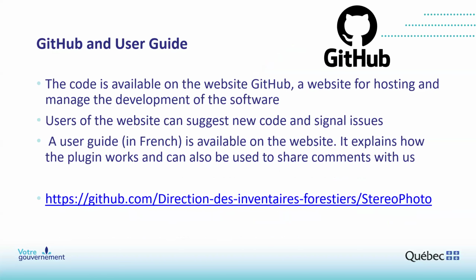Okay, and last thing, the code is available on GitHub, which is a website for hosting and managing software. So this makes the code available for anyone, and users of the website can suggest new code or signal issues. So this makes the issues known to everybody that uses the plugin. So it's kind of perfect to share the information with everyone all the time. So this is the best way for us to do it and keep everyone informed about